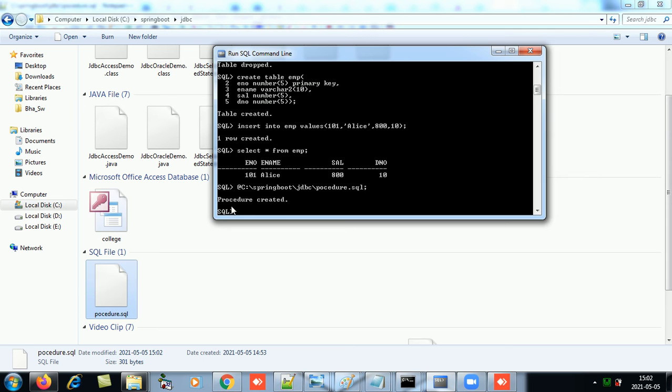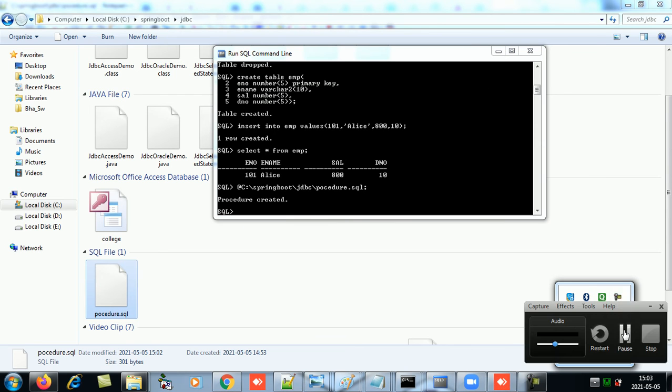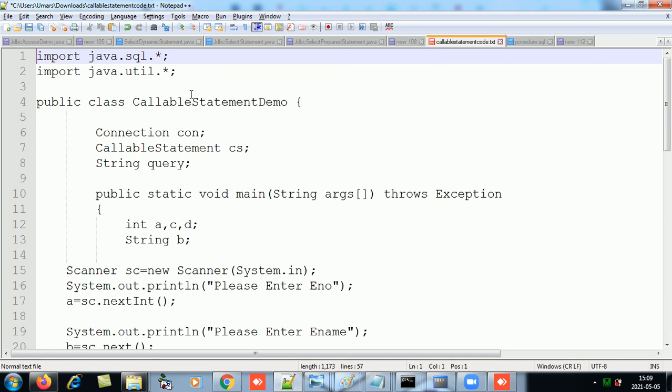Now once the procedure is created, let's write the front end Java code to access this procedure. This is the code for the callable statement Java program. As I'll be accepting the data from the users, I have imported util for the Scanner class. So connection, callable statement, and query.